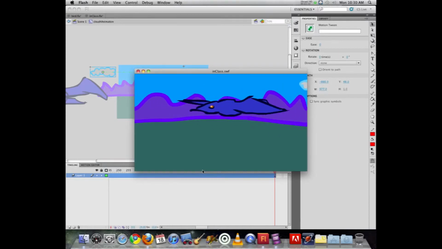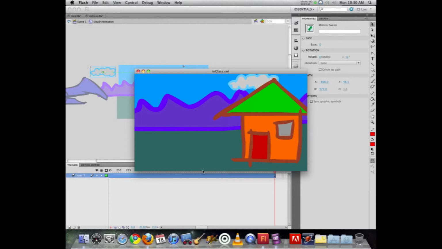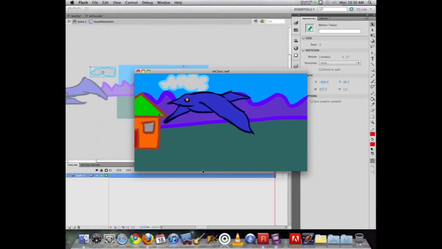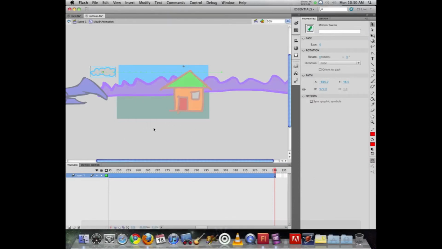I can just test my movie from here, and we can now see... now I don't really like how that's looking right now. I don't like the direction it's going or movement. I almost feel like the cloud needs to move in the opposite direction. So I could physically go and